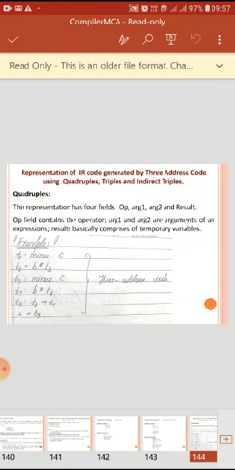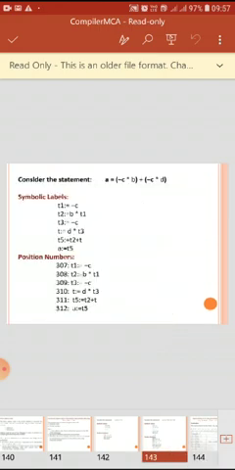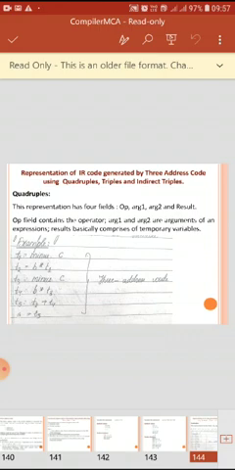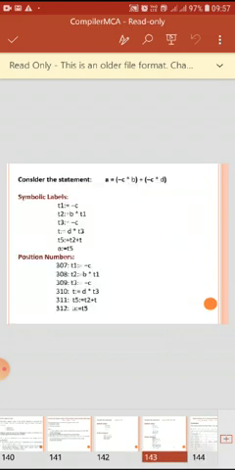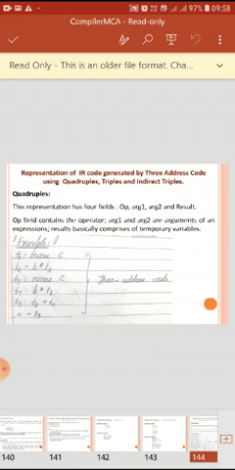If you remember, the previous example was T1 equals minus C, T2 equals B plus T1 and so on. The only difference is that minus C I had represented using the arithmetic operator; here I have used it as minus C. Anything would work.